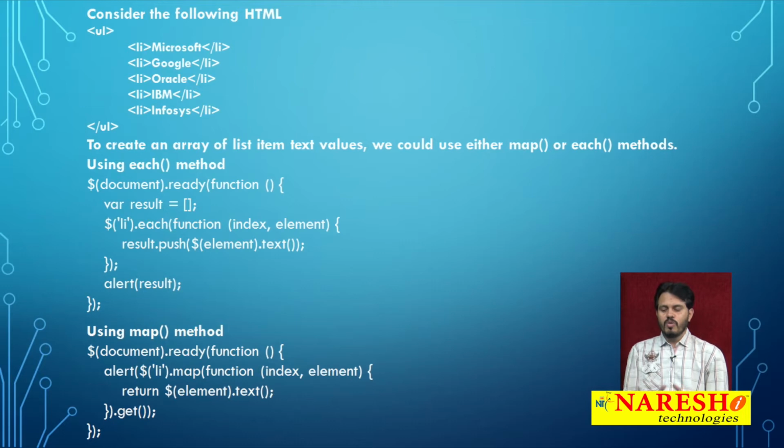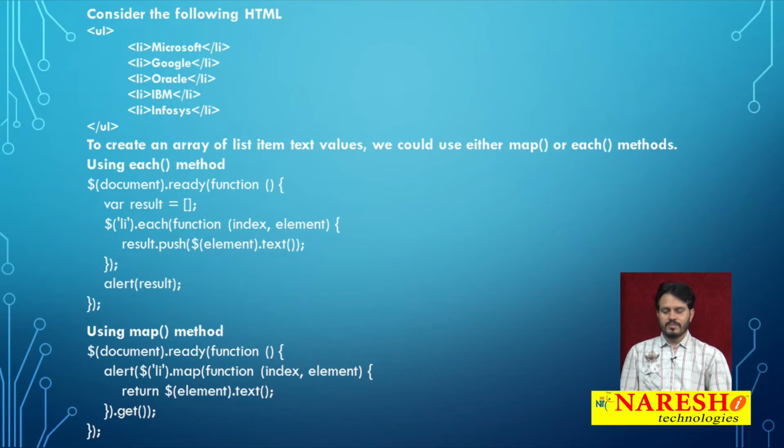Whenever you want to create an array of list item text values, or an array of paragraph text values or any other element's text values, it is always preferable to go with the map method, because the map method is specifically designed for that purpose, to pass each element from the current set of matched elements to a function and collectively get the result in the form of an array, or a concatenated string separated by a delimiter like a comma or a pipe symbol. By default it uses